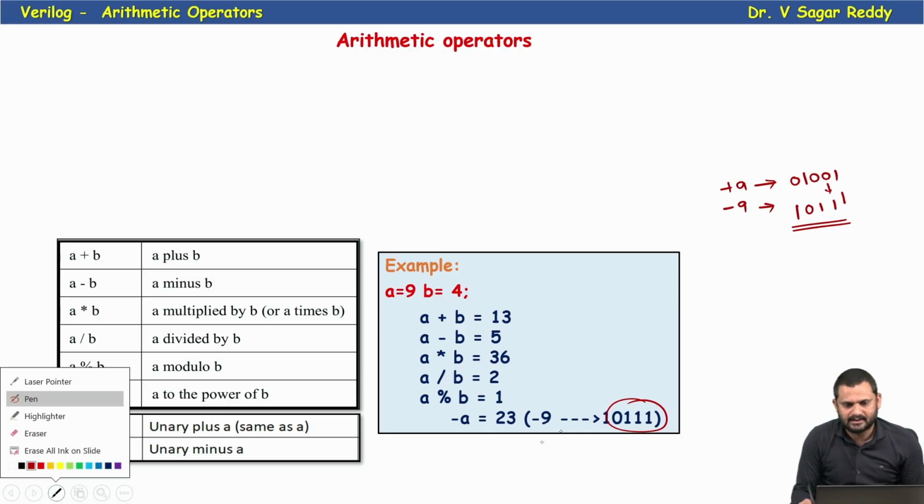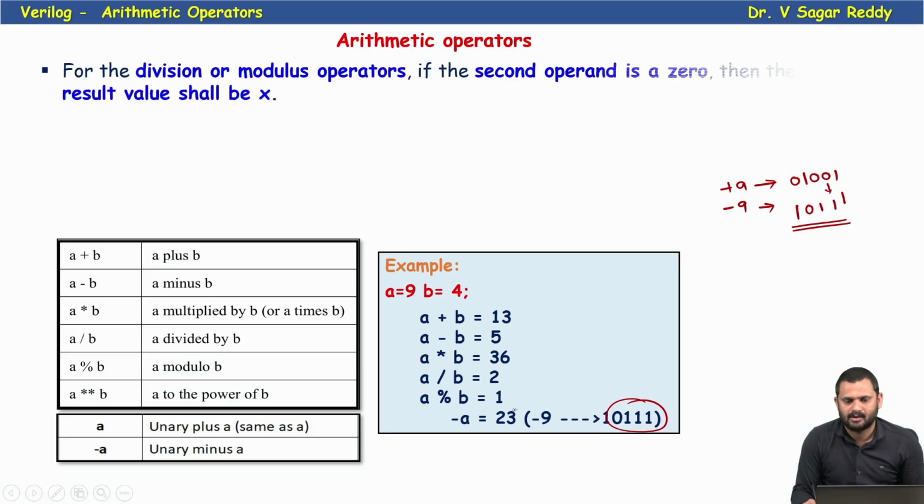So now this is the minus 9 1 0 triple 1. So in binary, what is the value here? 23 we are getting. Clear? So for the division